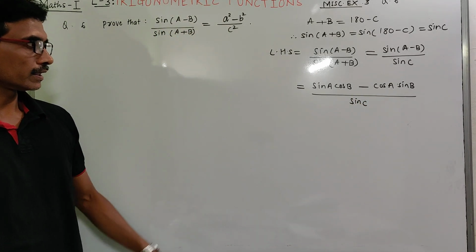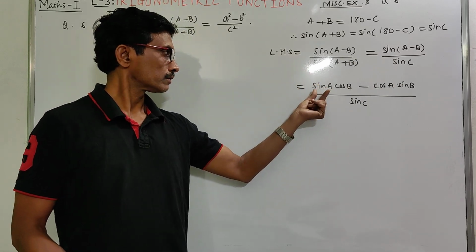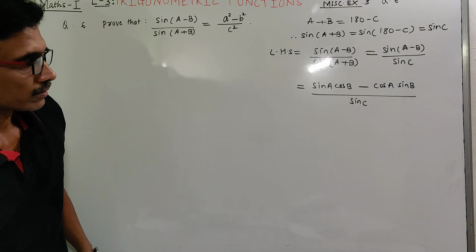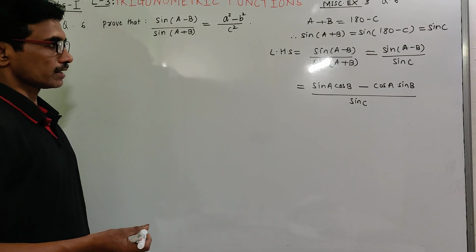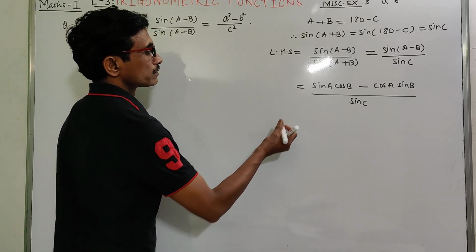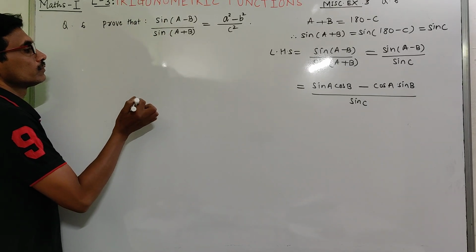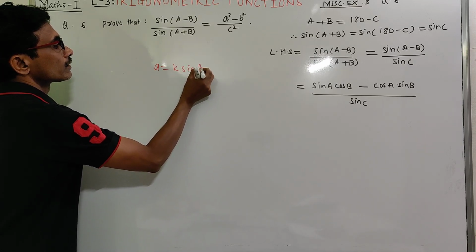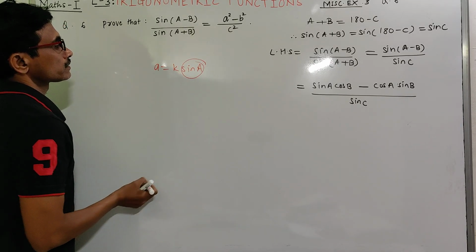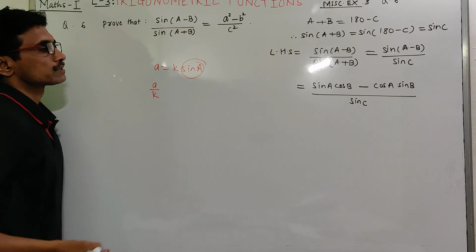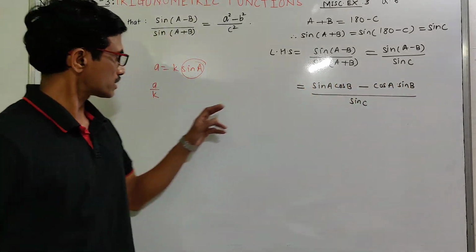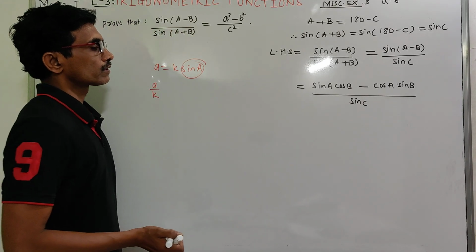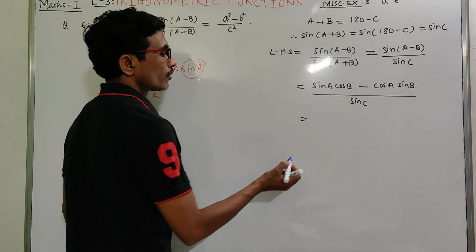Now here we use the sine rule and the cosine rule. Sine rule and cosine rule both we use here. We know the sine rule: a is equal to k sine a. So therefore sine a we can express as a upon k. Similarly, sine b we express as b upon k, and sine c we express as c upon k. Therefore this is a upon k,